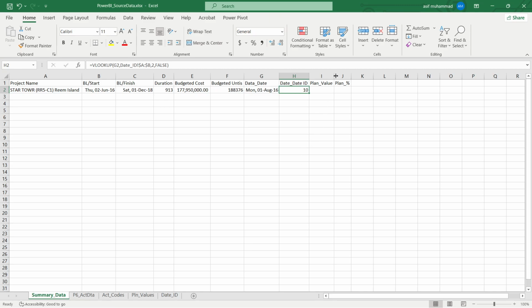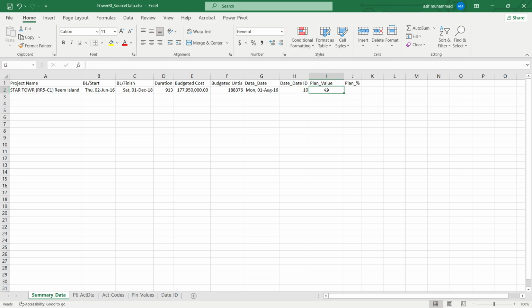Then we need the plan value. Here's the tricky part, and you have to make good use of Microsoft Excel. So here I will select SUMIF. Now we have two conditions, so I am going to make SUMIFS, and then